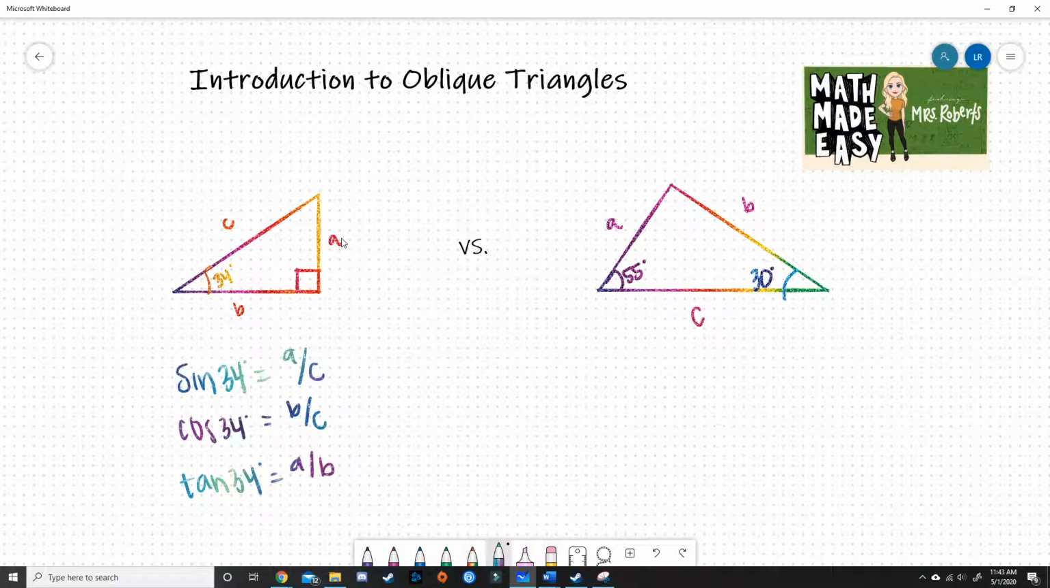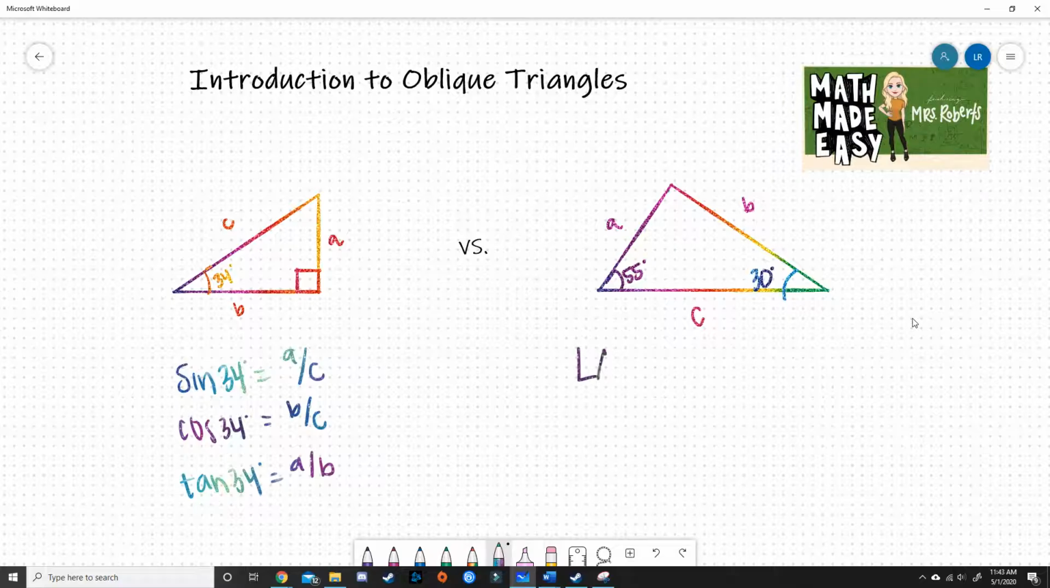If you look over on the right side of the screen, we have what we call an oblique triangle. An oblique triangle is a triangle that does not have a 90-degree angle. Now, the basic right triangle trig isn't going to work with an oblique triangle. However, we still can figure out what these side lengths are and what these angles are using two really cool